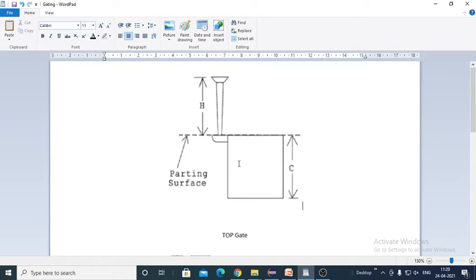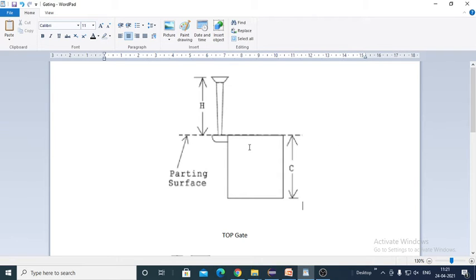And the last advantage is that the gate is above the parting line and the mold cavity is below the parting line or parting surfaces there. Now let us see the disadvantages of